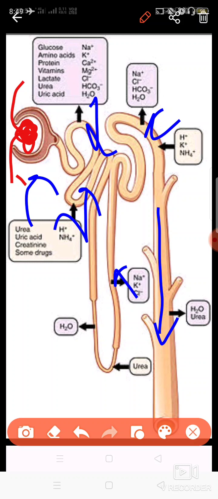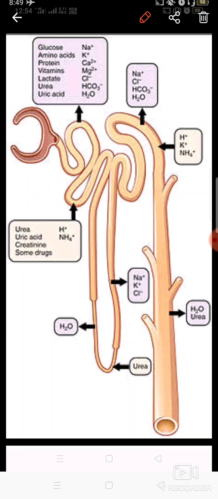And this collecting duct, as I told you, opens into the pelvis region, and from the pelvis to the ureters. So this is how the urine is formed. There is one more part which is known as secretion. Secretion is actually to take the things which are required for your body from the blood. This part is known as secretion, and it is also carried out in this region.